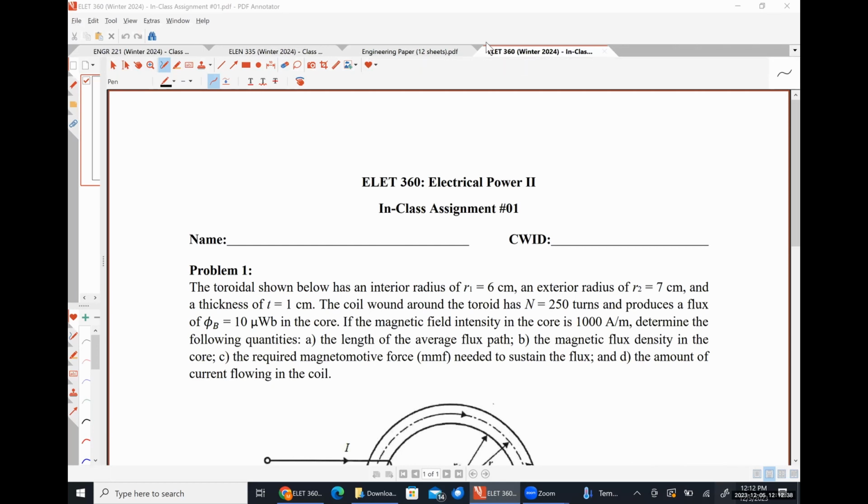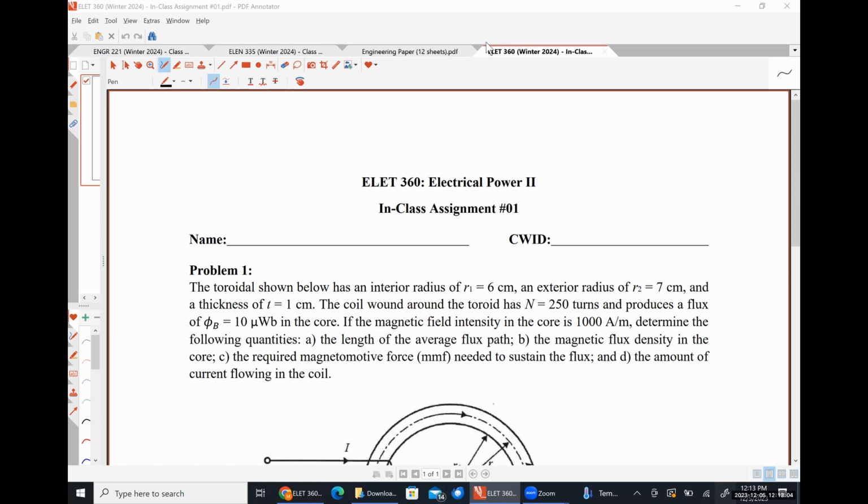In fact, we derived things related to toroidal coils in our last class meeting. And we're told that the toroidal coil has an interior radius of 6 centimeters and an exterior radius of 7 centimeters. It is 1 centimeter thick, so that means we have a rectangular cross section. The coil that is wound around the toroid has 250 turns, and it produces a flux of 10 microwebers in